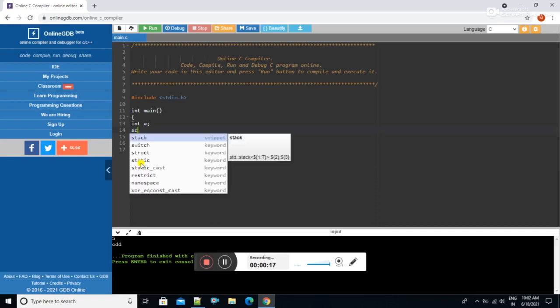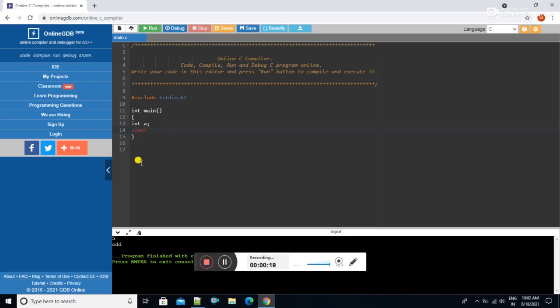So scanf percentile d, ampersand a. So this is my input. What is my operation? It is to check the condition and say whether the student has passed or failed. So, to be more clear, I'll take it as marks,